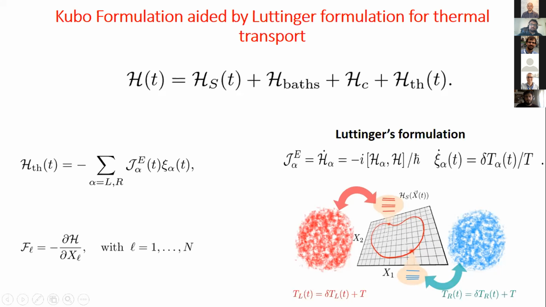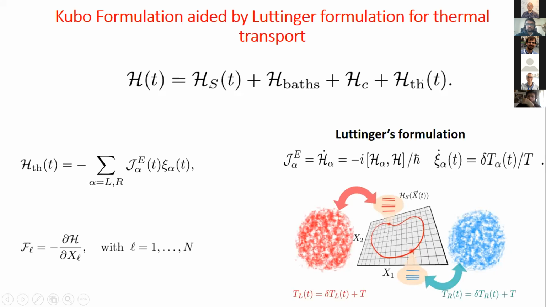The H bath here is with only one temperature T, so it is at equilibrium temperature T, and the thermal bias is included in S_DST, thinking in a way similar to an electric potential. So one can think in this way: if you have an electric potential gradient, then you can have an electric current, right? So what Luttinger supposed was, if you have a gravitational potential gradient, then you can have an energy flow. And starting from that argument, what one can find is that the bath Hamiltonian with thermal bias can be